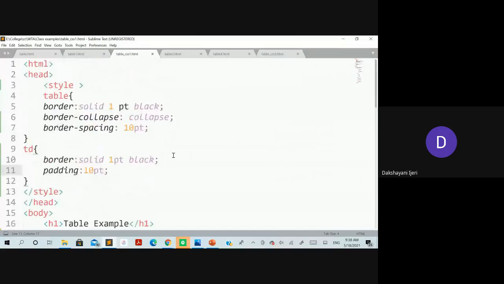In this example you can see how the styles have been defined. Within the head section and within the style, I have used the embedded level of applying styles. In the first example, the table element has been considered, for which I want to set all these properties.